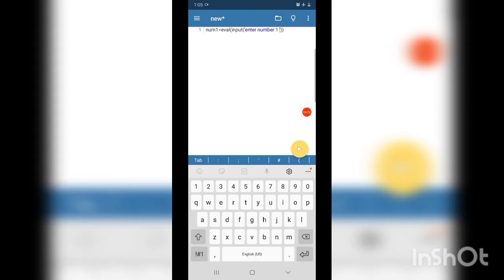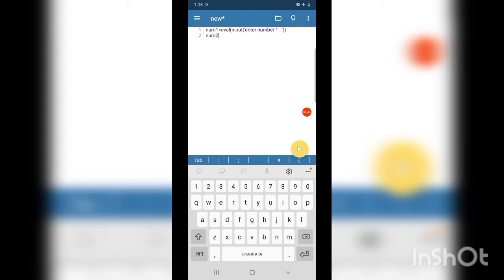Whatever we specify in the single quotes will be displayed as it is. So whatever I write in this will be displayed as it is. What should be displayed, we write: enter number 1, or enter the first number. What you write will be displayed as it is.